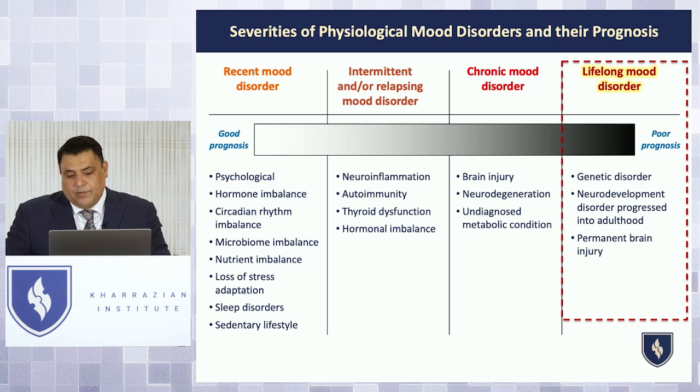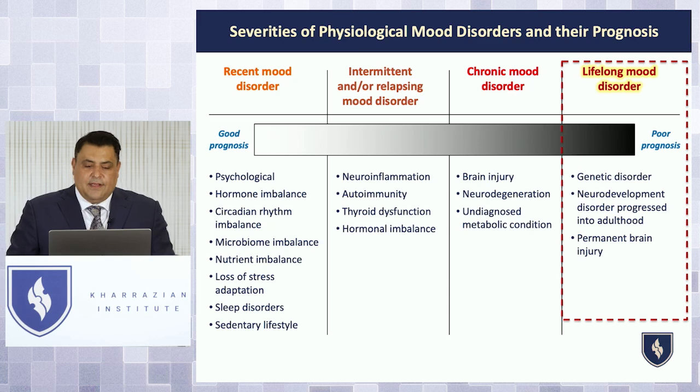Some children that don't have proper neurodevelopment, especially in those limbic pathways, would be very prone to having extreme reactions to things that may not impact other people, leading them into depression or anxiety, because of their abnormal limbic circuits. Some people have permanent brain injury, and those limbic areas are not working very well, and they're going to deal with depression ongoing. Now, again, not to say you can't do anything with them, but you need to know what your prognosis is. You can definitely do things to improve function and quality of life with most people. You just want to know what's going on with them.